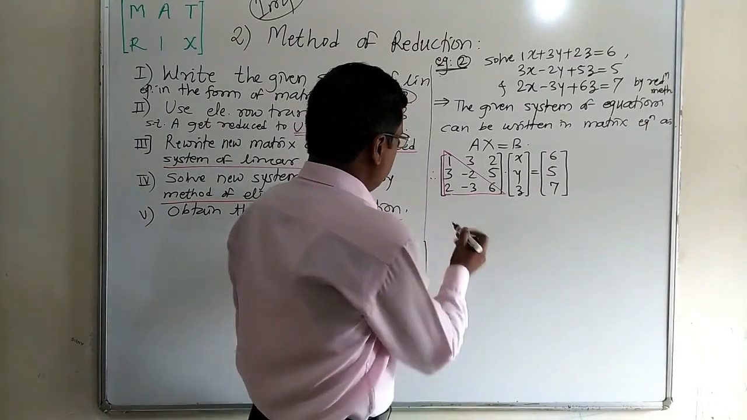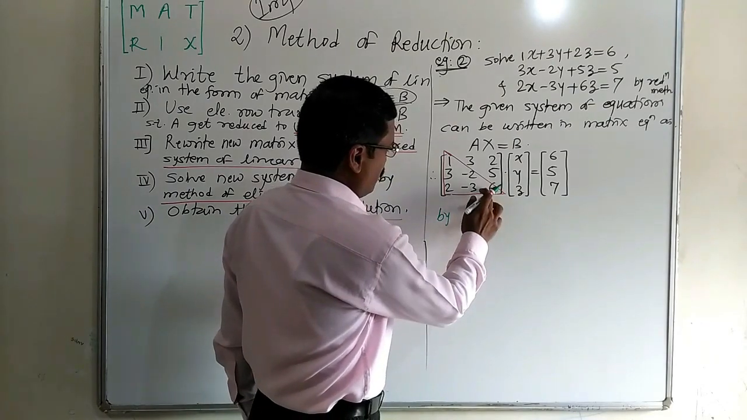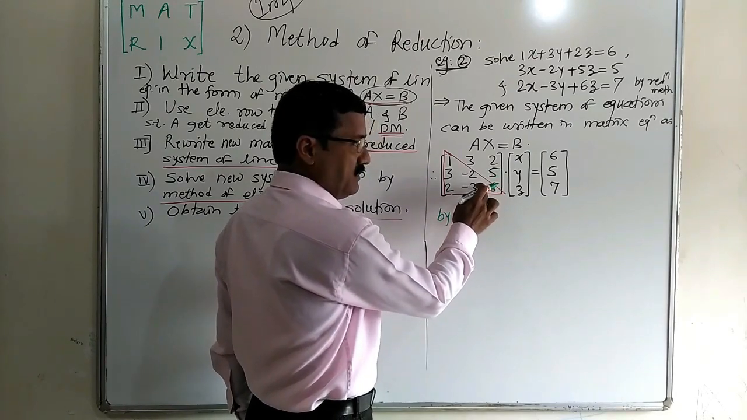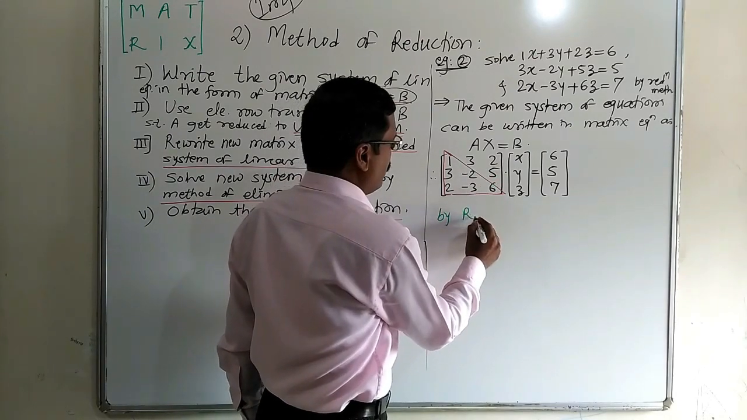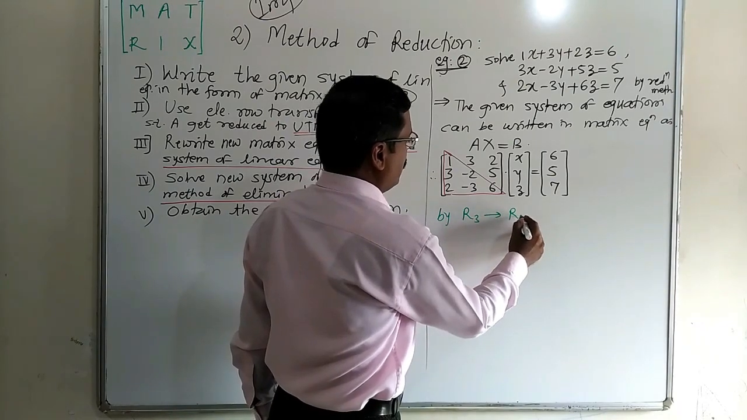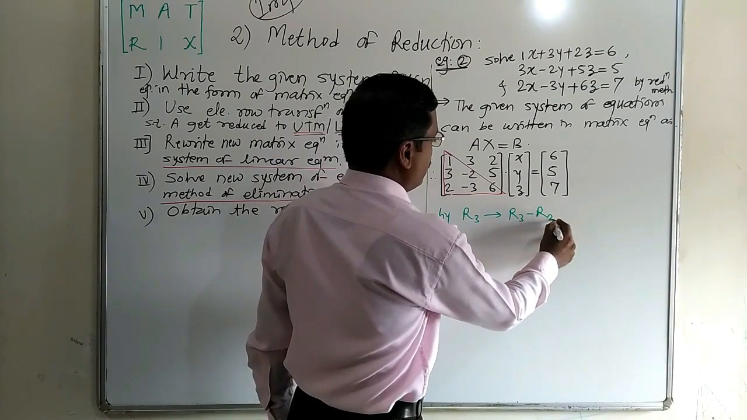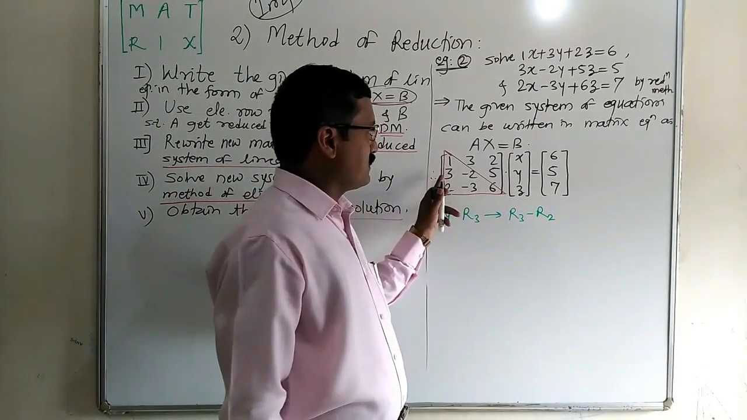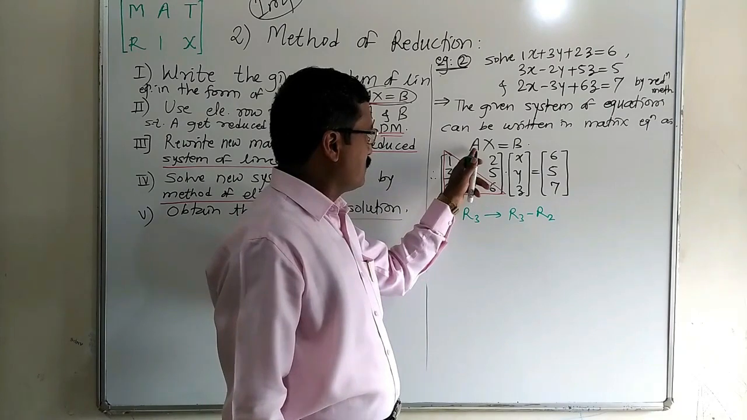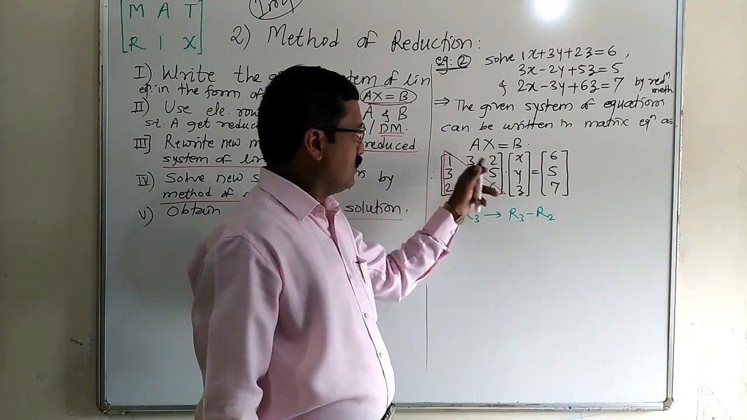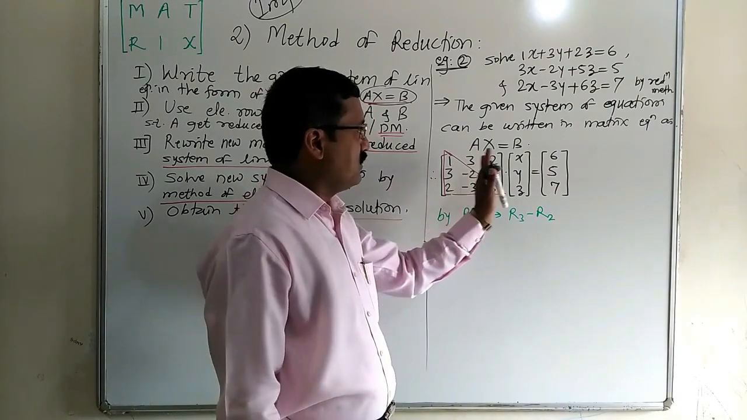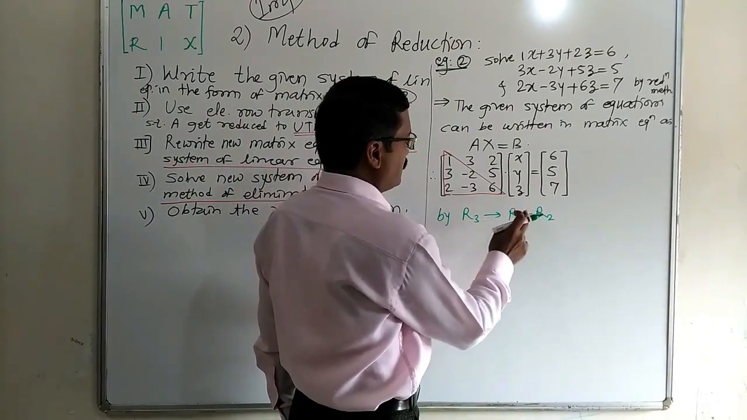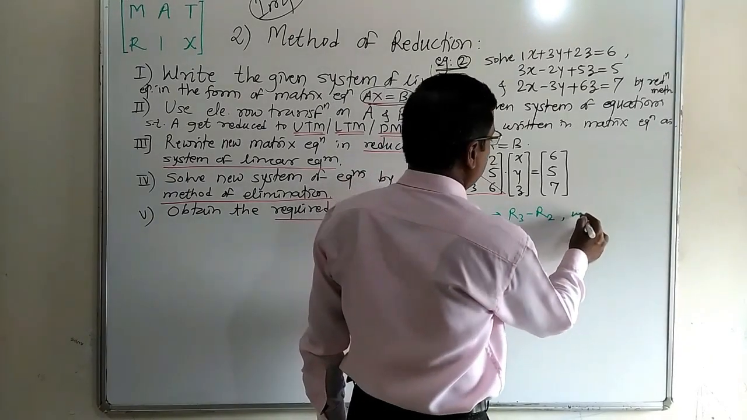So for obtaining 1 here, we will subtract R2 from R1. 6 minus 5 gives 1. Then R3 changes as R3 minus R2. Here, as we are converting A into a lower triangular matrix, we can't use column operations. So by this first operation, R3 changes to R3 minus R2, we get